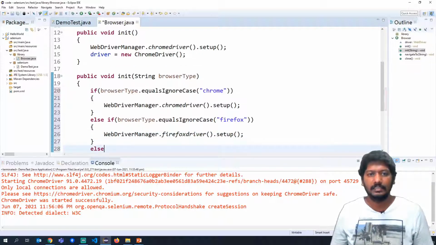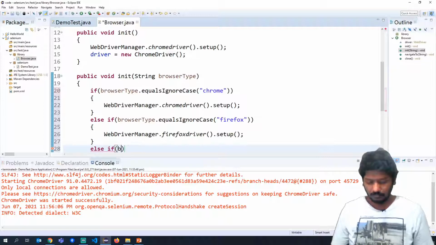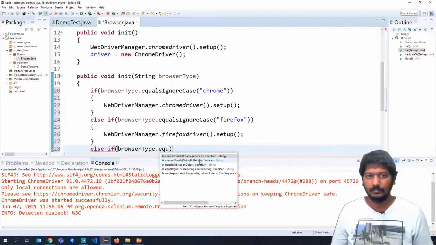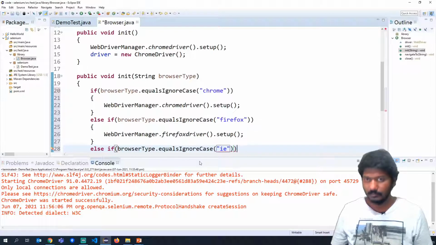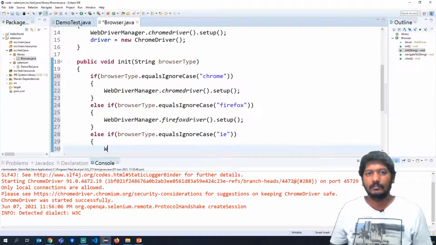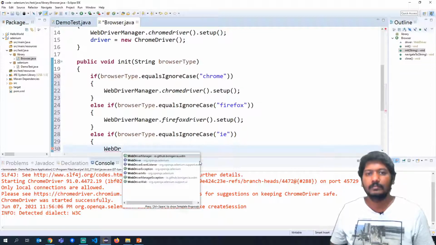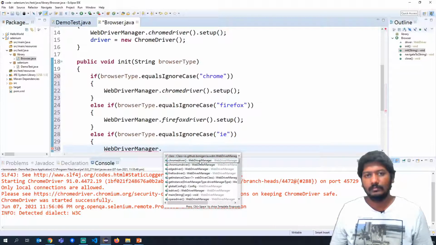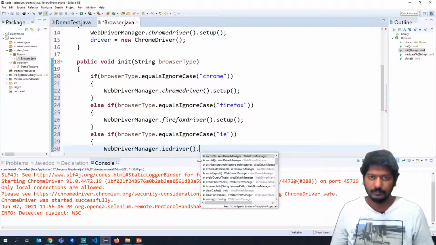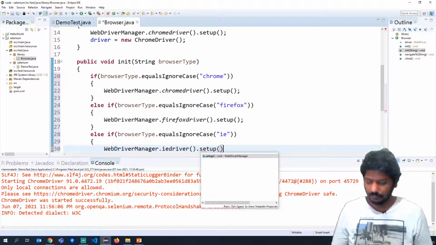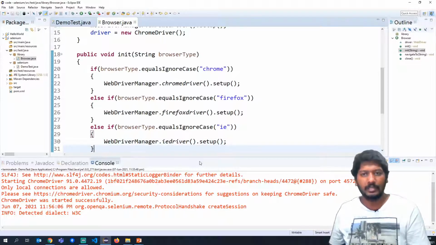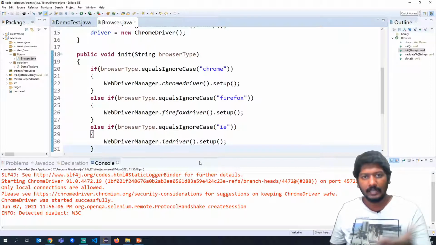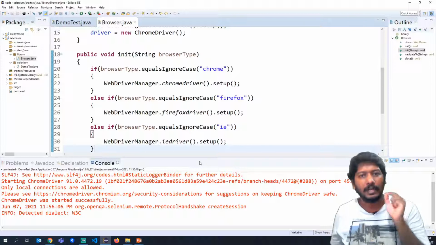Now if I want something else like IE, okay, so like this you can write multiple conditions, like for Opera, for Chromium, for other browsers you can also add more if conditions, and based on whatever you are passing as input parameter, that particular browser will get launched automatically.